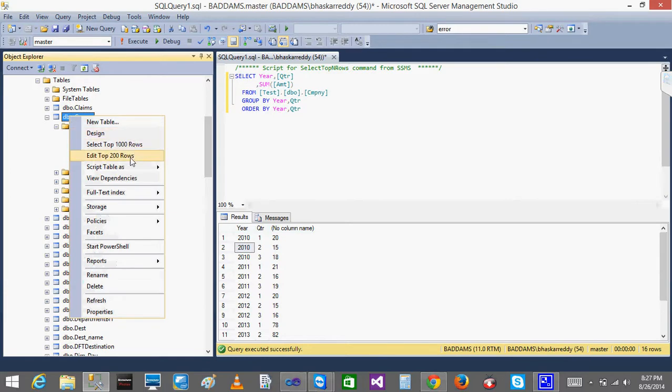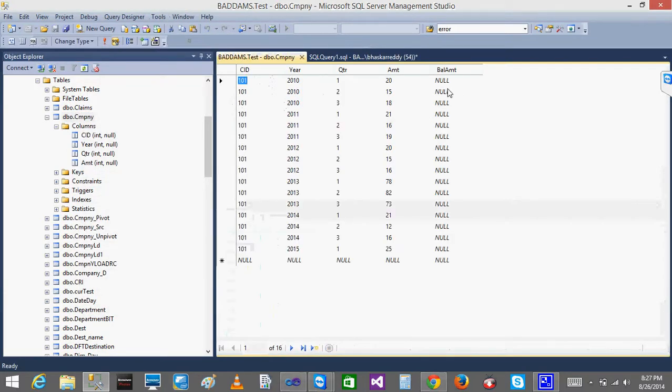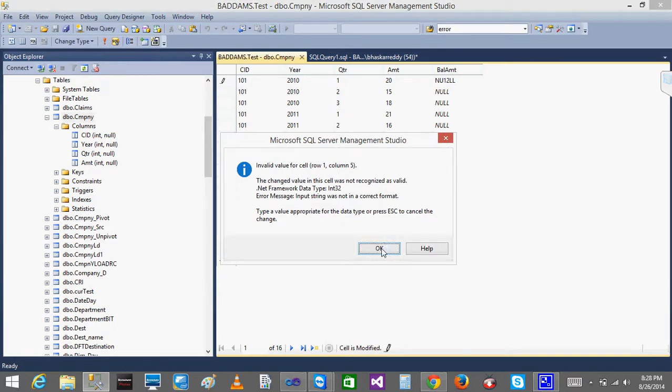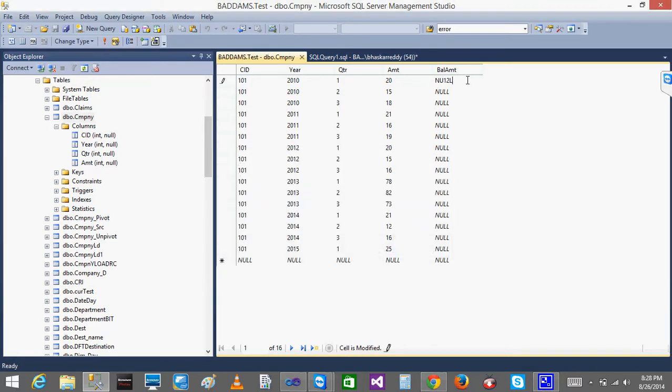Click on the company table, edit top 200 rows. Here I will give some amount, 1 2, 1 2.